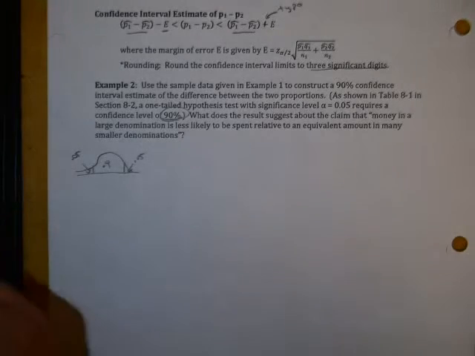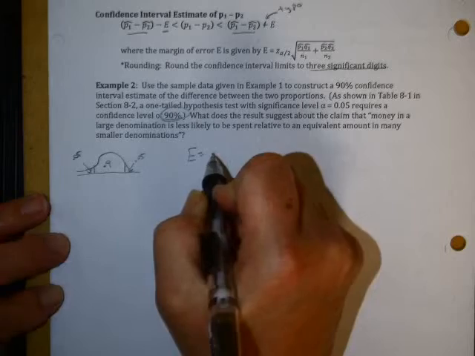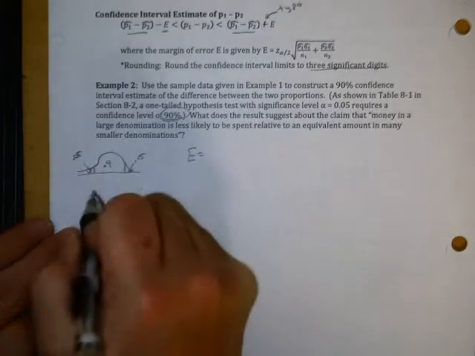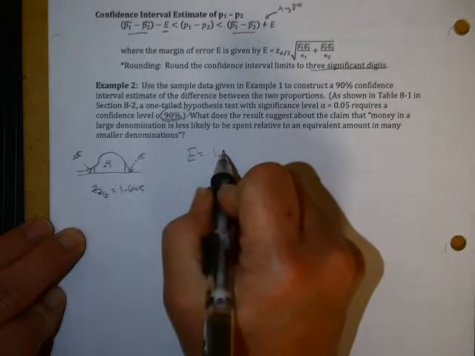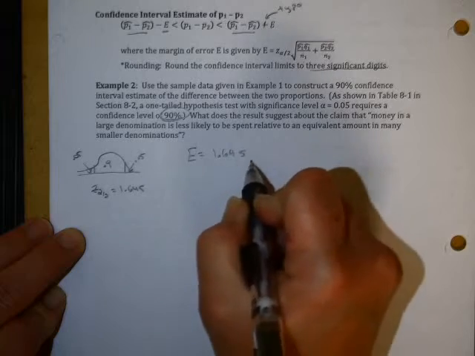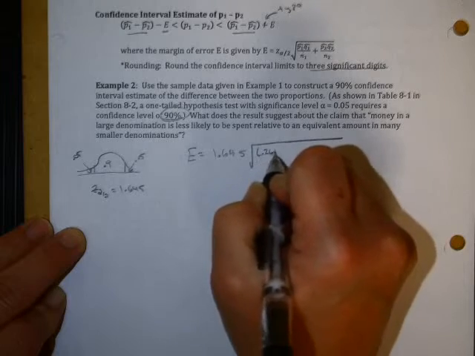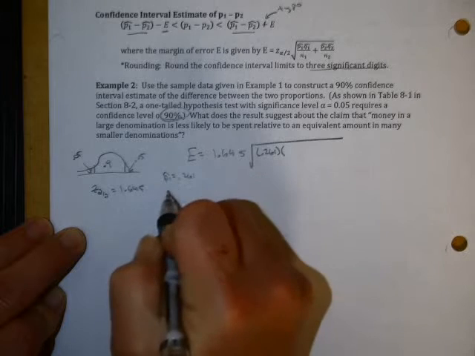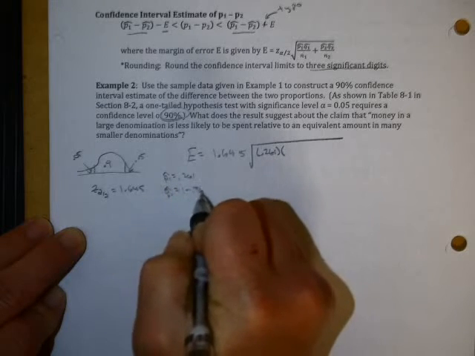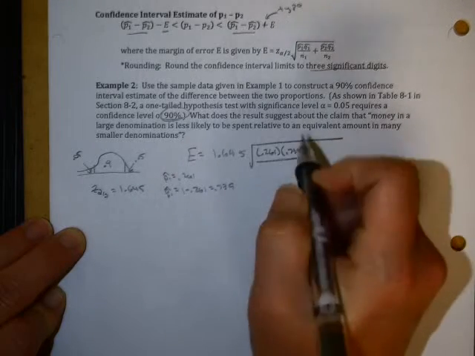So let's calculate the margin of error by hand. The formula for the margin of error is z sub alpha over 2, which for a 90% confidence level is 1.645. You can get that from the table. And then p1 hat is 0.261, and you need q1 hat. If p1 hat is 0.261, then q1 hat will be 1 minus that, which is 0.739. And all of that is over n1, which was 46,